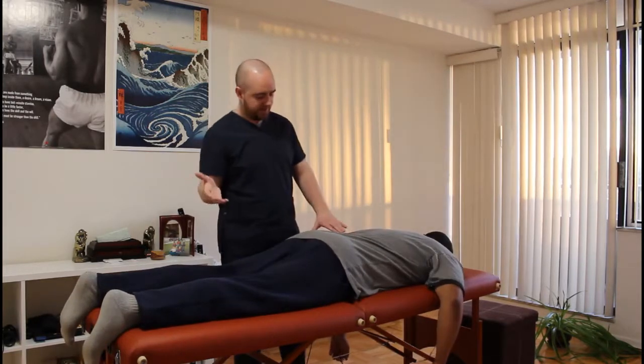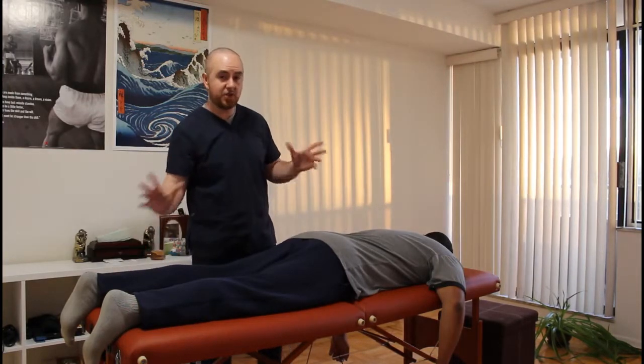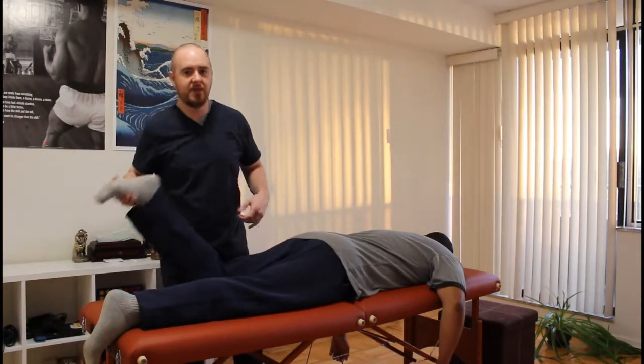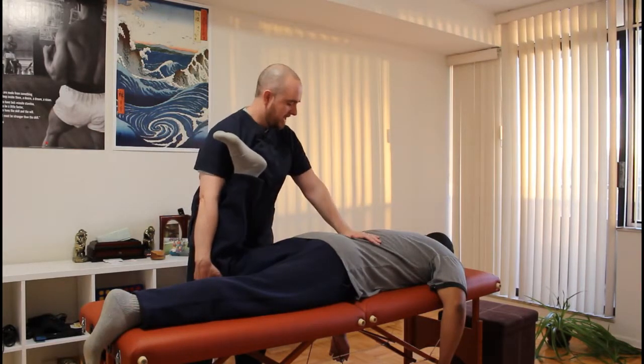Okay. In a relative sense, I could create extension on one side of the body through the long lever, using the leg. The primary challenge being, it's heavy lifting. Okay? So I have to lift the leg, pick it up. So I'm pretty far away from the lumbar column here, but I can reach,